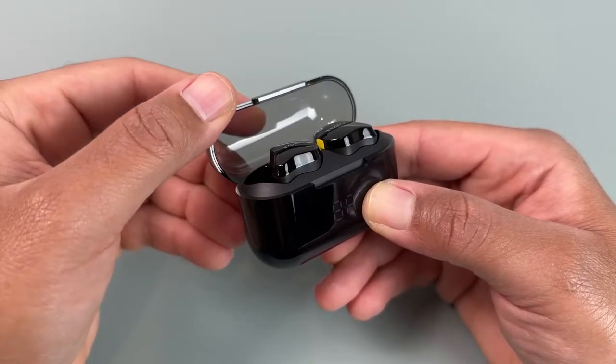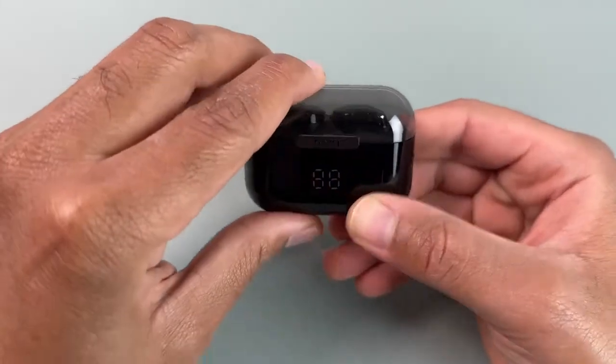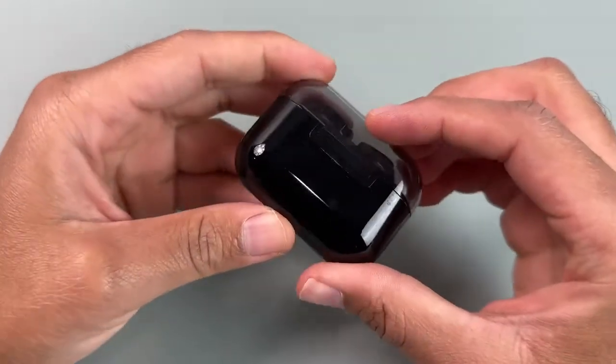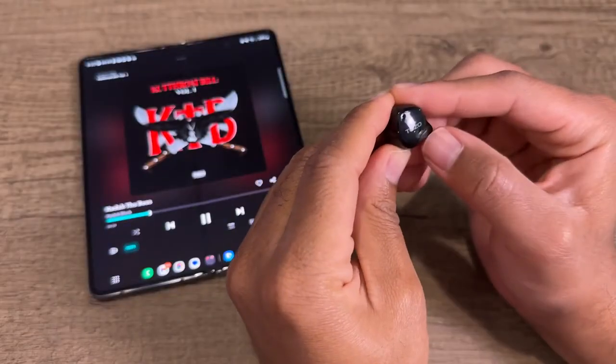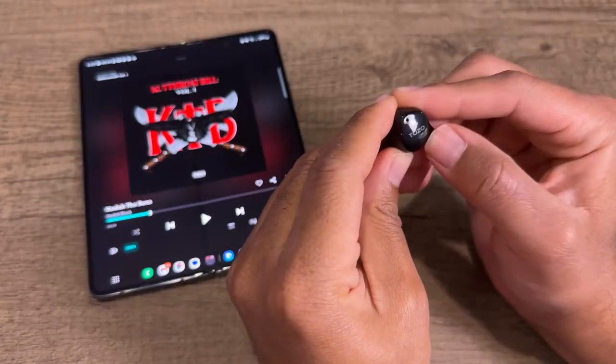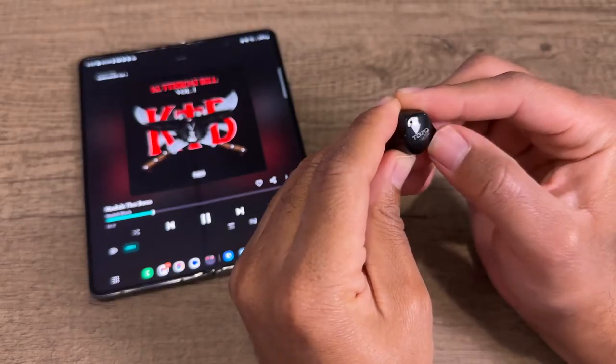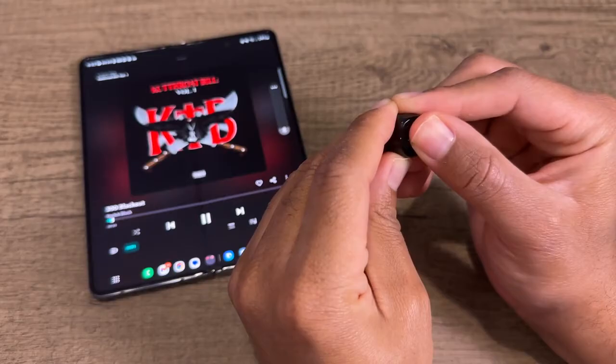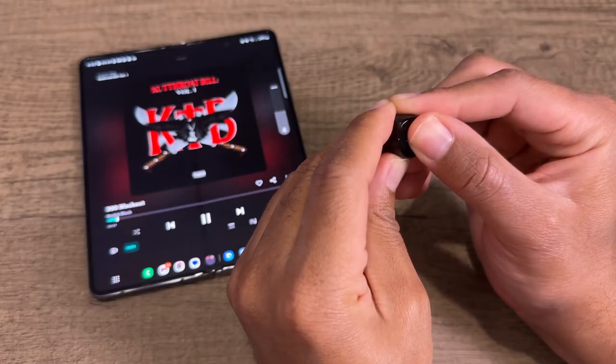Overall, with my EQ set the way that I have it, the highs and mids are above average, the mids are present without being too forward, and the bass provides a nice punch for anything with a decent bass line. So for me, I would say that they sound really good for the price. No, they aren't going to be crystal clear, and like I said, they can distort some, especially at the higher volumes, but between 50 and 75%,